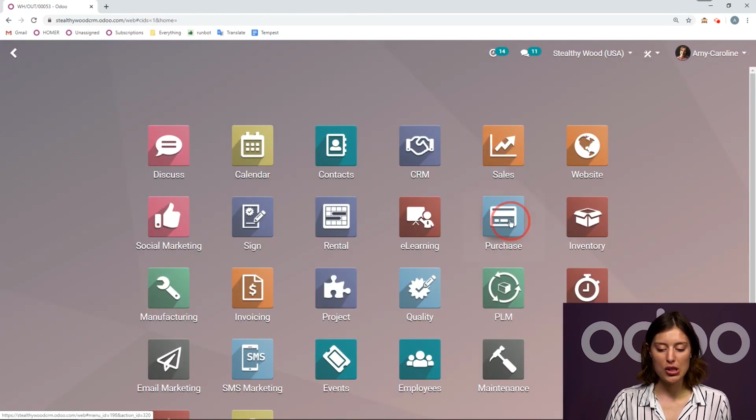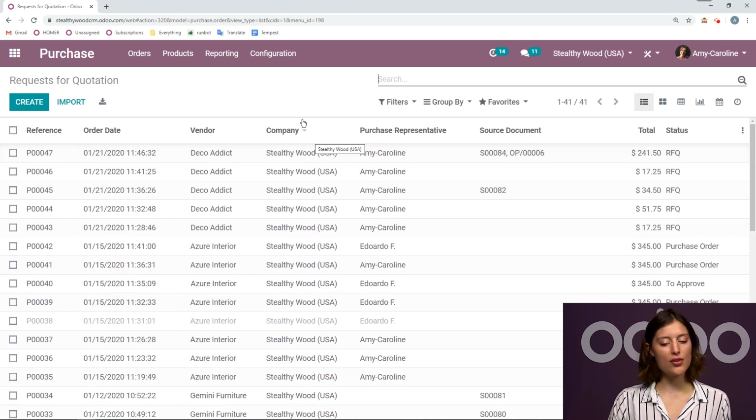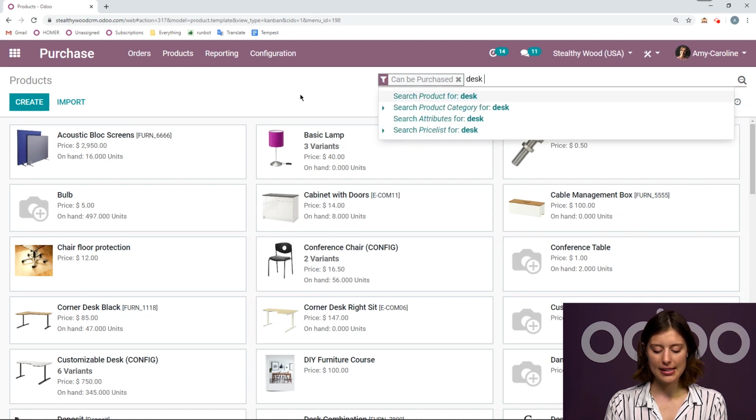So if we go to the Purchase tab, we're going to look for the RFQ, but we don't see it. And why is it? That's because there's actually a cron that runs once a day for your reordering rules. Okay, this happens automatically by Odoo, but it's not instant. So if we do want to have that RFQ instantly, we need to go to the product. Okay, so my desk lamp,